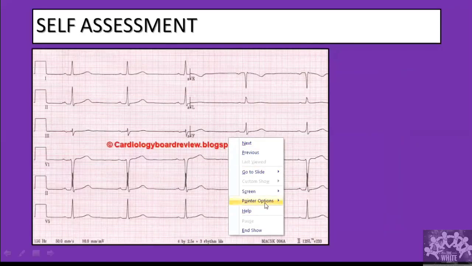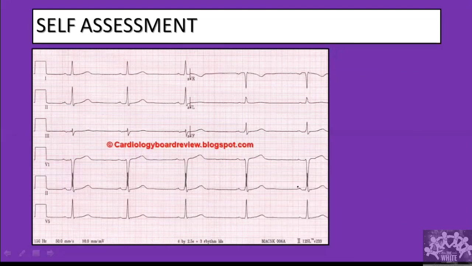Calculate the heart rate for this patient. And one more important thing I forgot to tell you, very important. I'll come to this tomorrow also. The important thing is you have to look at a lot of things when you see the ECG. Everyone will see the tracing, but many times these things are missed. You see this standardization. Is it correct or is it wrong?